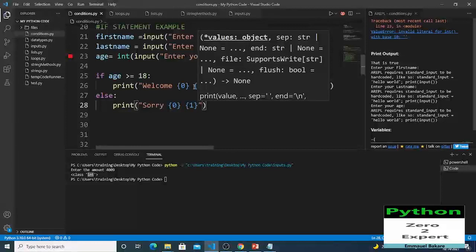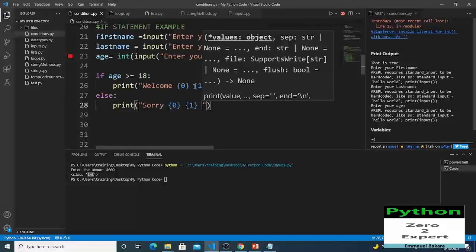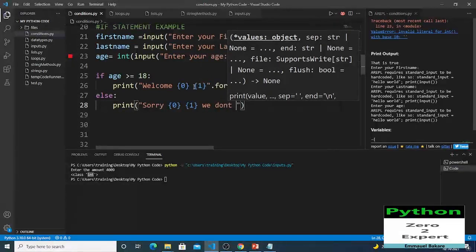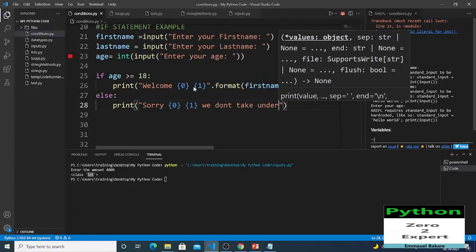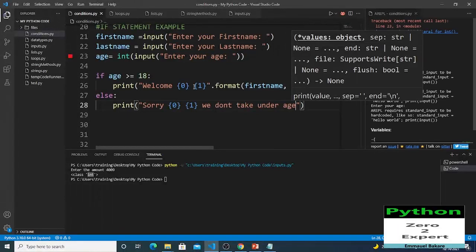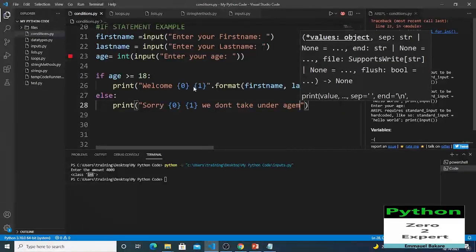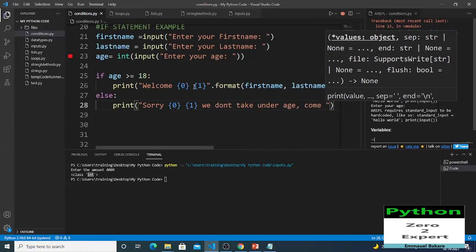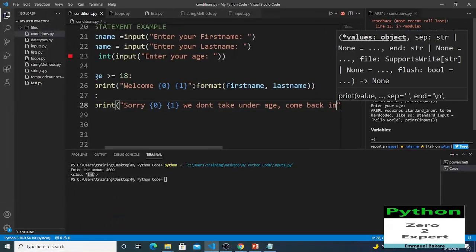That placeholder, the 0 and the second placeholder, means that's where I'm going to put the first name and last name. So I'll say sorry, we don't take underage. Come back in